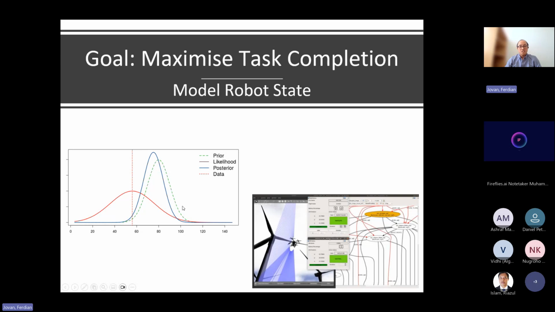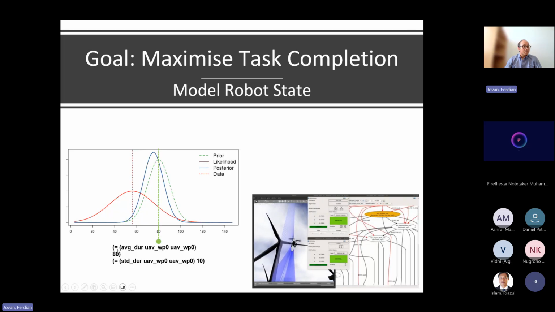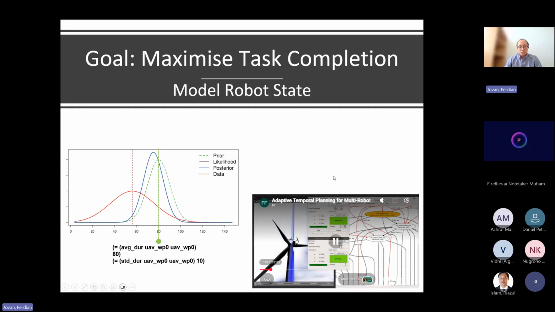So in this example, let's just use the action duration. It looks like this. We store the parameters of the distribution, which is Gaussian. So you need to have the mean and also the standard deviation. Those two are the parameters for the Gaussian distribution. You store that in your domain file, domain.pddl. It's kind of like the prior distribution here.